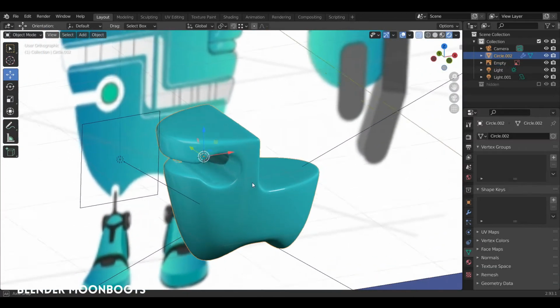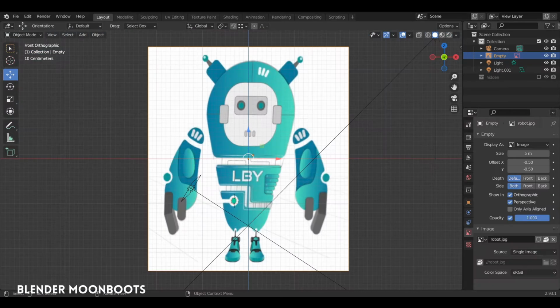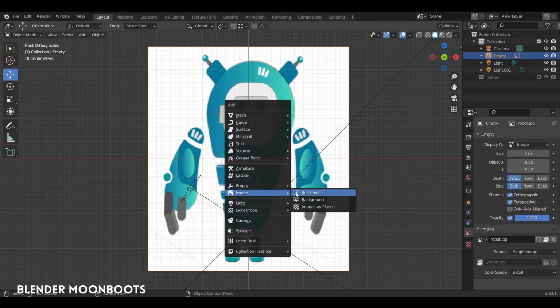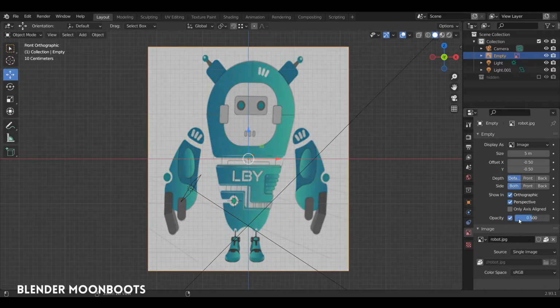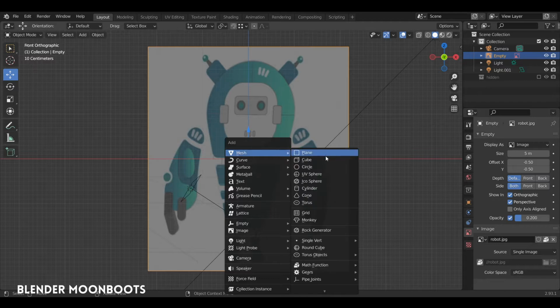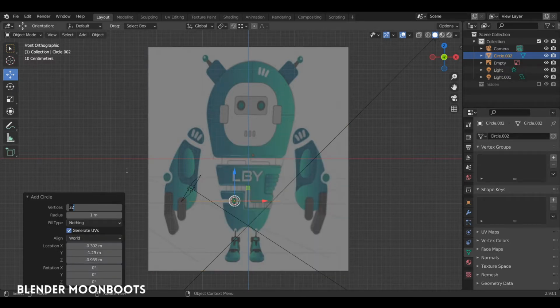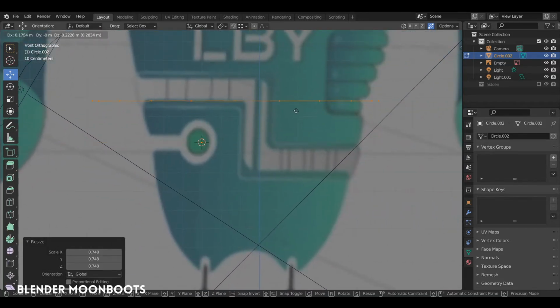So I will put the link in the description, and you will be able to import the image, so Shift A, image as reference or background, and then in the object data panel enable opacity and bring it down to something like 0.2, and then create a circle, a 20 vertex circle, and put the circle at the top of